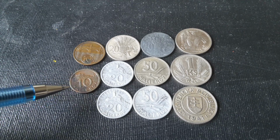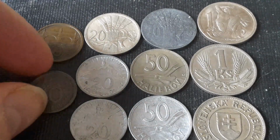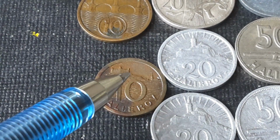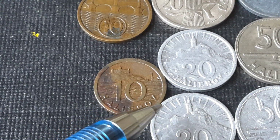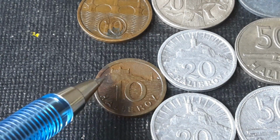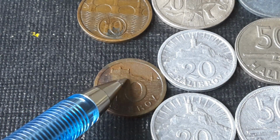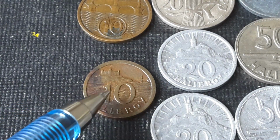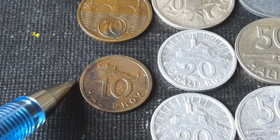So anyway, if we look at the 10 Hererov, let me just move it over. You can see it has what looks like a castle. There's a church down there, and there's an ocean scene. And this one is Bratislava castle above the Danube, so that's the Danube, and here's the church. Not too sure what the actual church is. Bratislava is the capital of Slovakia. It's also the current capital, and the capital of this